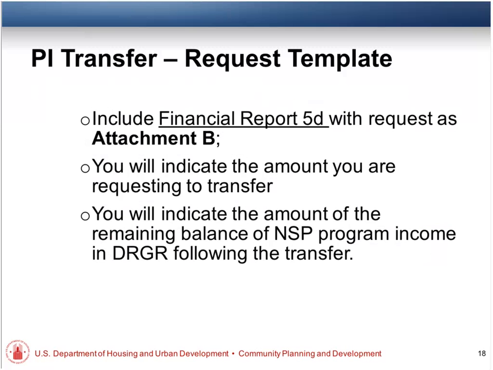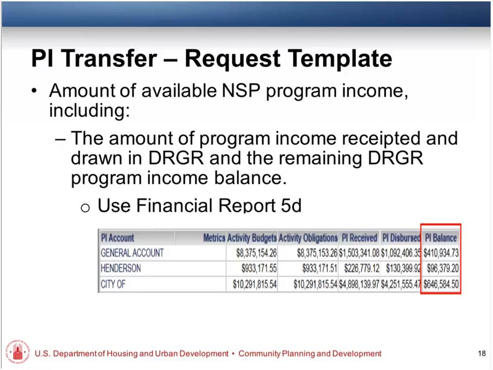Okay, Jennifer, did you want to say anything? No, so on this report, you can see that this report really is a cumulative snapshot of your different program income accounts. And so it can give you a higher level view than that Financial Report 5E, which is about your individual receipts. So 5D is going to give you the snapshot on your general account and let you know overall across your whole general program income account, this is how much you've received and dispersed and what's remaining. So that gives you a really good indication of how much PI you have on hand that's available to transfer.